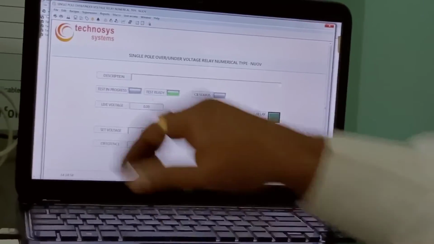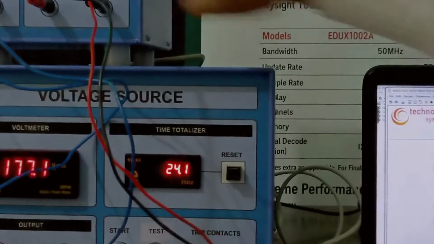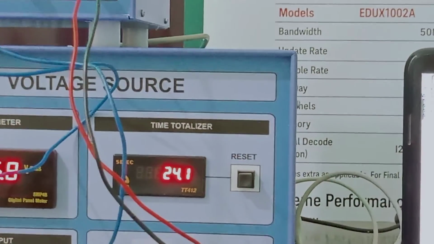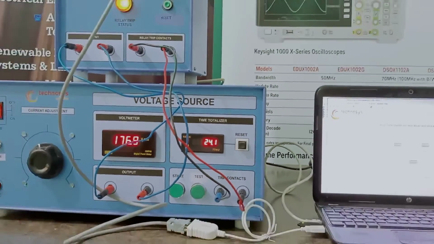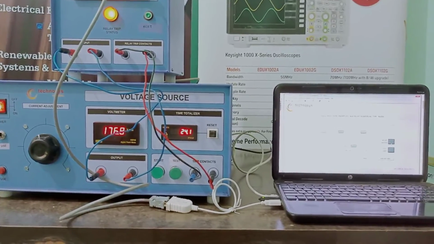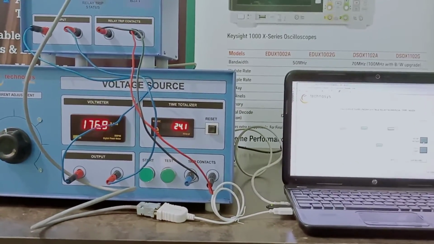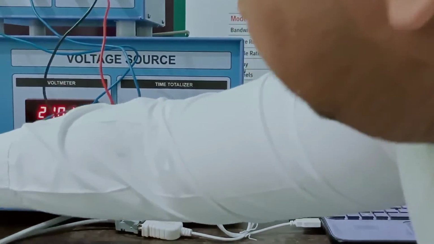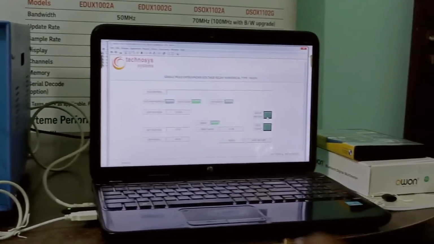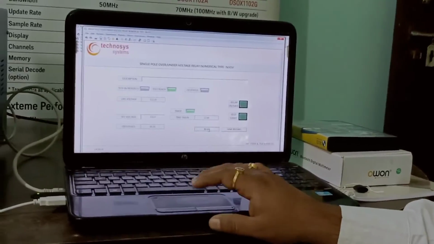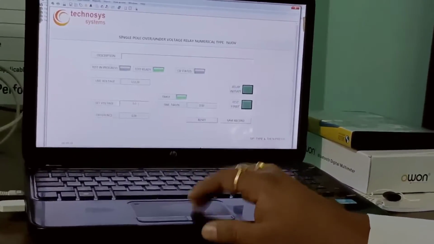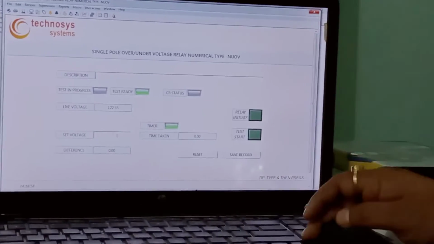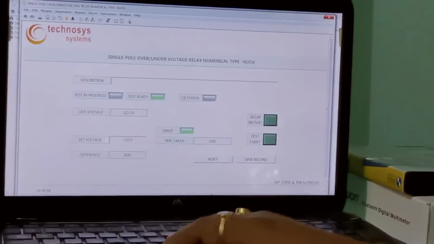Again we will reset, initiate the relay, reset everything, increase the voltage, reset also here, put the set voltage, that is 132 volts, press enter.